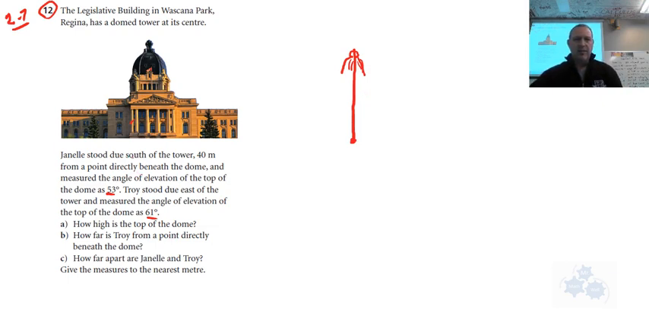It says that Janelle stood 40 meters away, and she was due south. So what we're going to do is make this due south. I know it's on an angle, but watch this. This is going to be 90 degrees. You want to draw this on an angle because there are two people looking at the dome. So she is 40 meters away, 40 from a point directly beneath the dome. Here's Janelle over here, J. The angle of elevation that she measured to the top was 53. So from here,